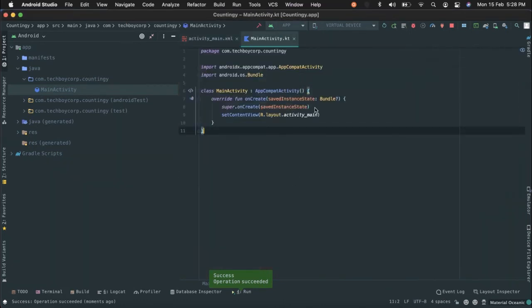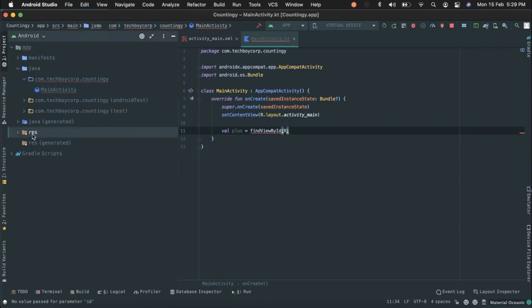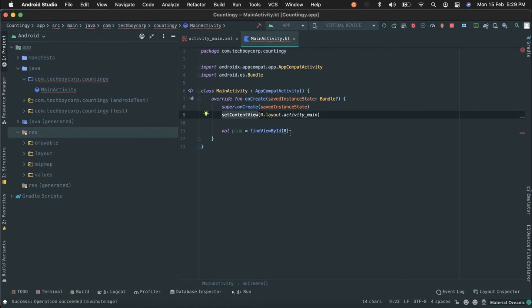Now we have to actually take a look at our Kotlin code. So what we have to do over here is really simple. We'll create a variable and we're gonna be accessing our plus button. So I'll write plus, and then we'll write findViewById. Inside over here I'll write R. This folder, inside this res folder, is R, and we've already set the content to layout, so we can simply write id and the name of the ID, and I think we wrote id.plus. So cool, it's working.